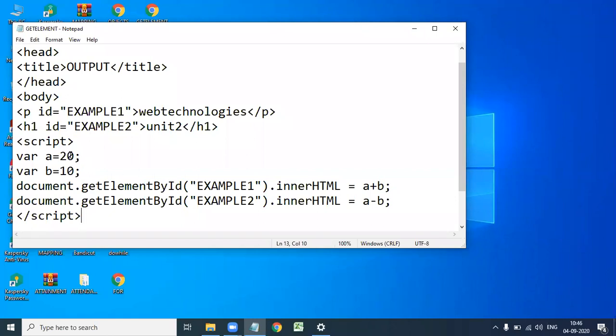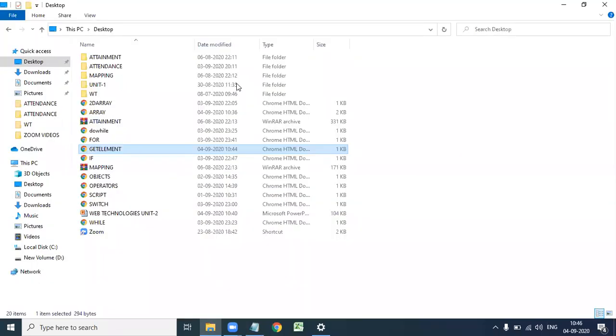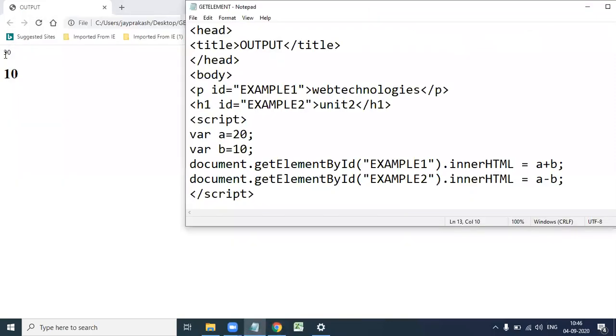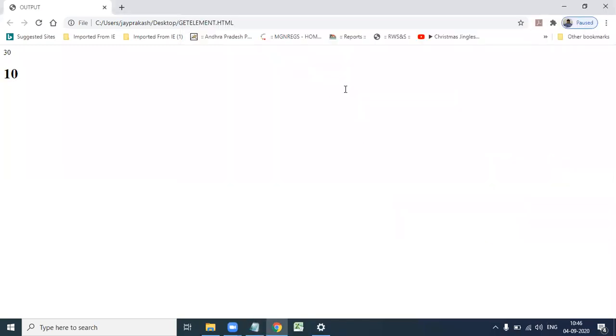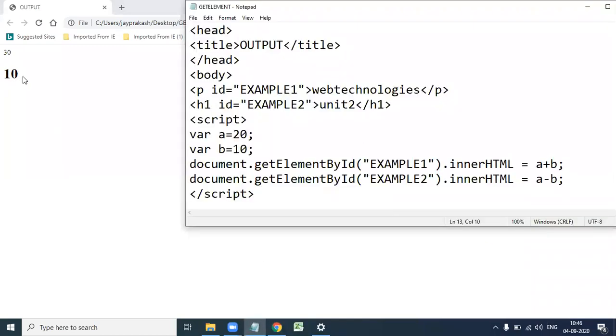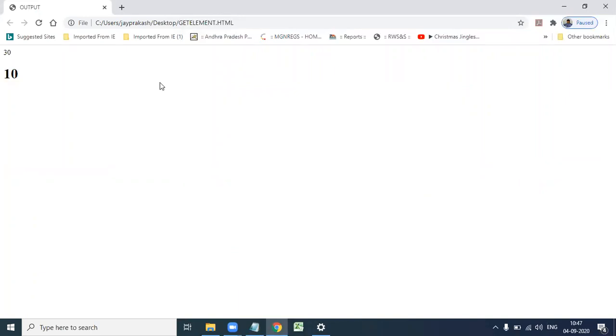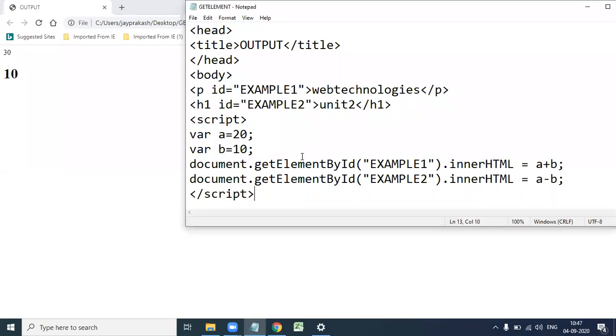The a plus b value is 30, which is represented as the paragraph, and the a minus b value is 10, represented as the heading. After executing this, web technologies is replaced with 30 and the heading unit 2 is replaced with 10. So by using getElementById we are changing the content of the HTML.